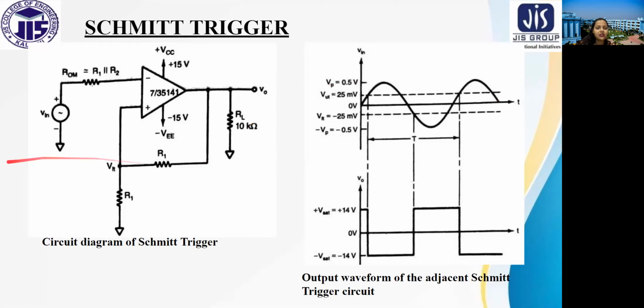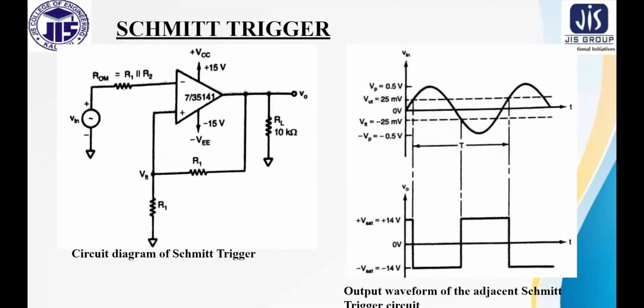Yeah, so this is the circuit of Schmitt trigger. Here we can see a connection is being done from output to the positive input. So this is the positive feedback. Very important, draw the diagram as well as the waveform. Very important part. This is one of the most important applications of 741 IC op-amp. And this is important for your exam also. In each alternate year, a question comes from Schmitt trigger, so mark it as very important.